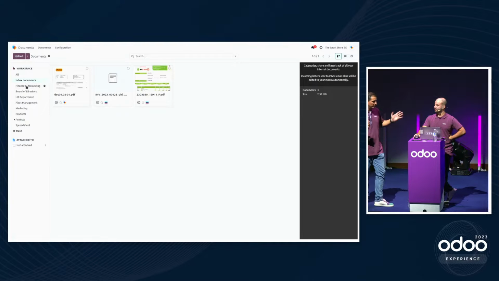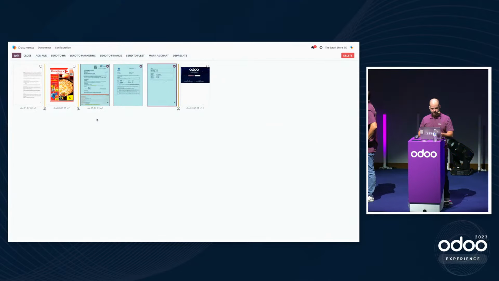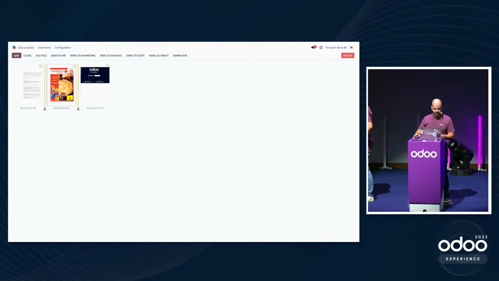Yes. So as we can see here, first of all, I received the two documents from my procurement manager from before, but I received my daily mail as well here. You see it's a big PDF with different documents in it, so I will split those. And from here on, I will only use my keyboard shortcuts. So I take those 5 ones, which are obviously related to finance because it looks like invoices. Then I have this one, which looks like a fine, so I will take those, unsplit it, and send to HR. And then I have these two here. This one is a really nice event, so I will just send that to marketing,